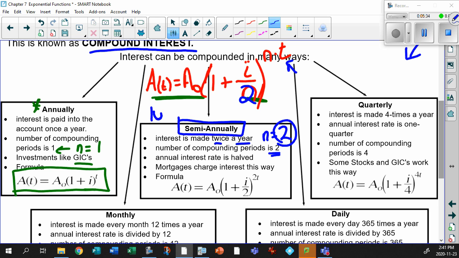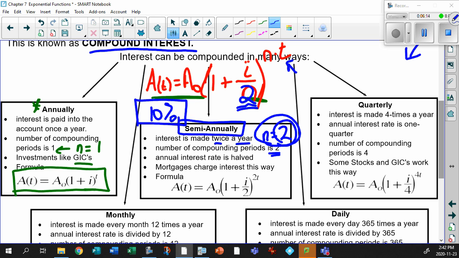If you make, let's say, a 10% interest rate compounded semi-annually, what are you making each time? You're making 5% on the first part of your investment, and then the next time you're making 5% again for a total of 10%. You're not making 10% in 6 months, and another 10% 6 months later. That would be a 20% interest rate. That's crazy. It's 5% for the first, 5% for the second, for a total of 10. That's why we have to divide it by the compounding periods, which also affects how many periods you're going to invest for.